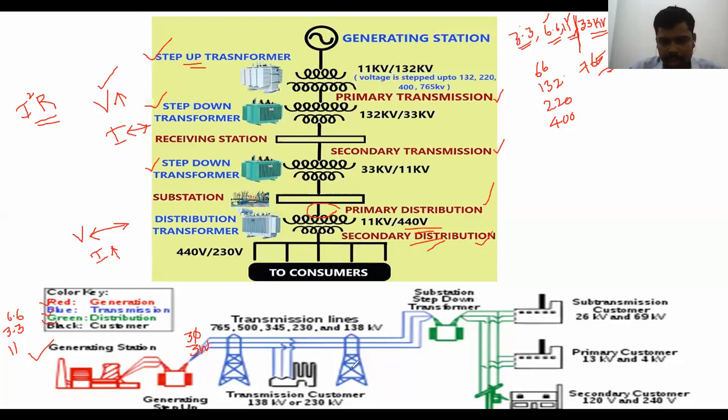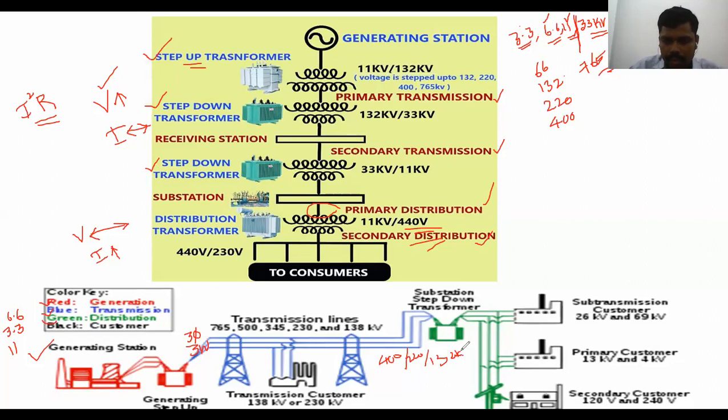Here, this is the primary transmission line, and another one is the secondary transmission line. Based upon the line length, they step up the voltage from 11 kV or 3.3, 6.6 kV to 66 kV, 132, 220, 400 or 765 kV. Again, they are connected to a receiving substation, from the generating station to the receiving substation. In that substation, the voltage is again stepped down, from 400 to 220 kV or 132 kV.